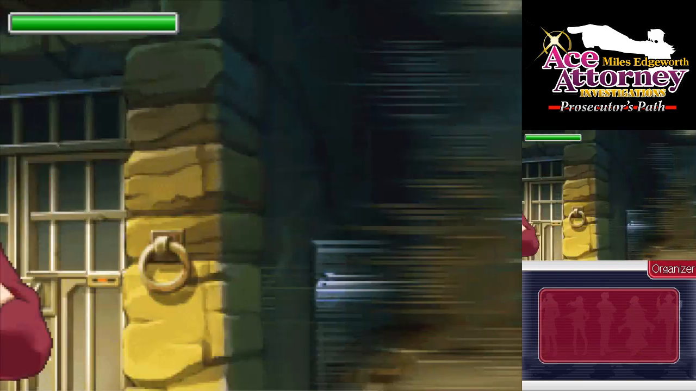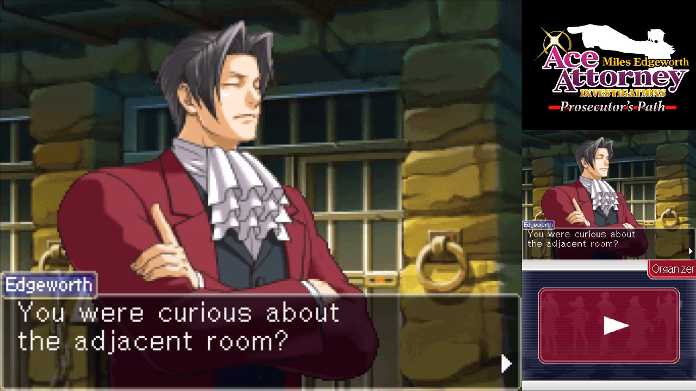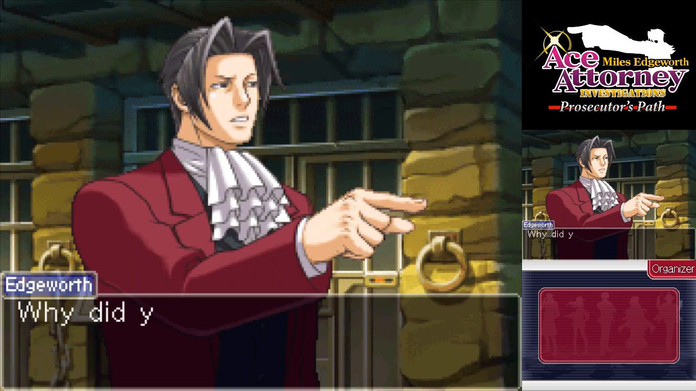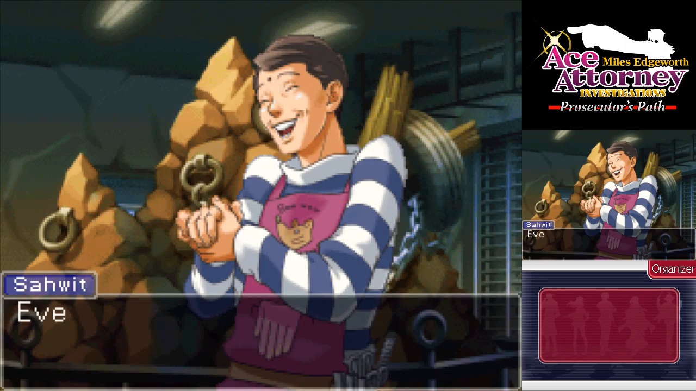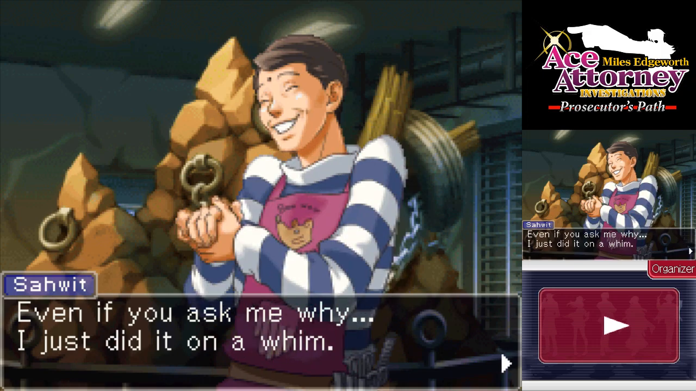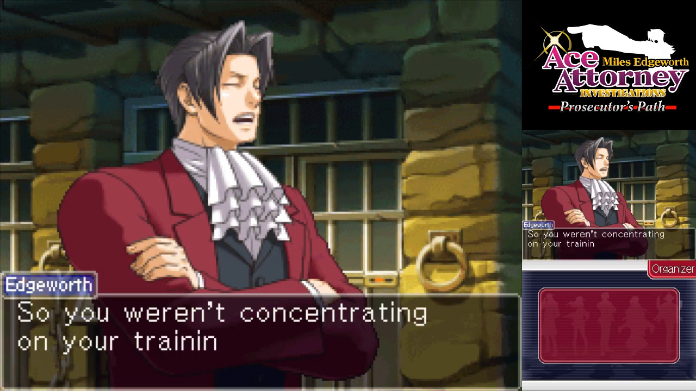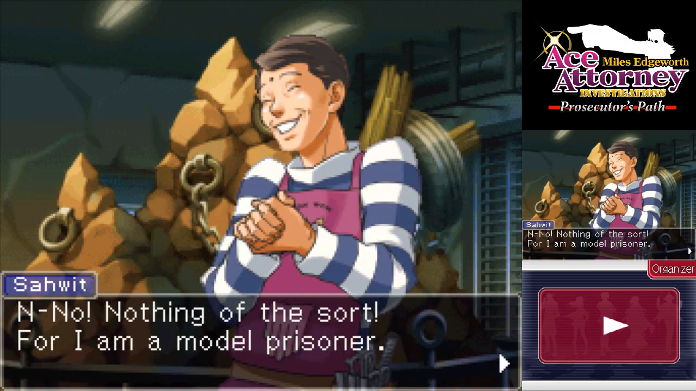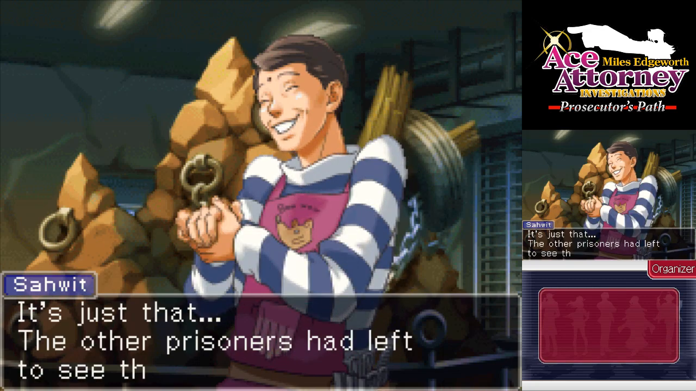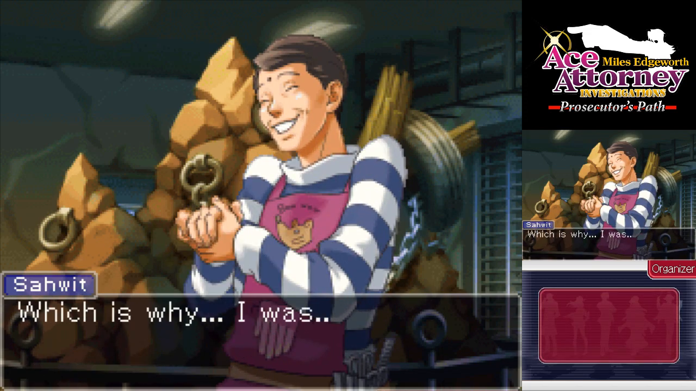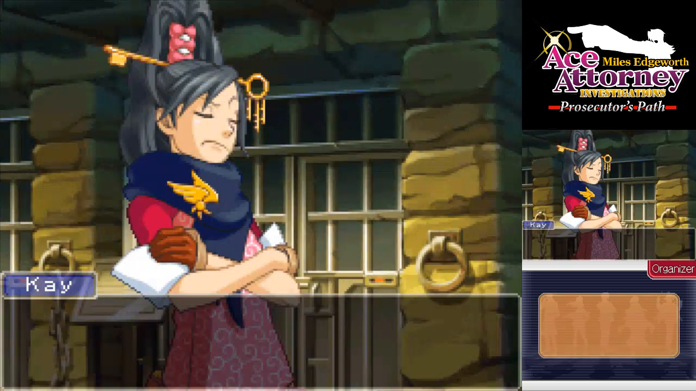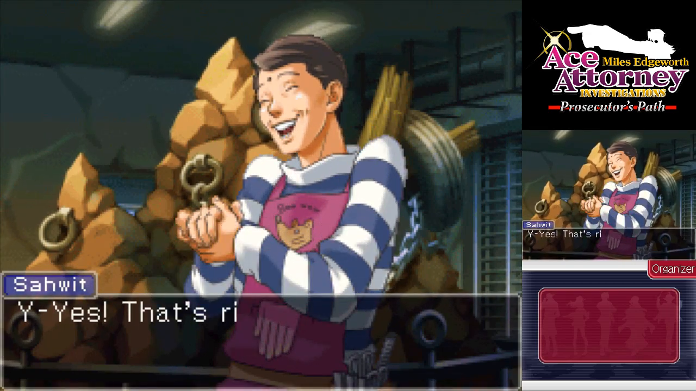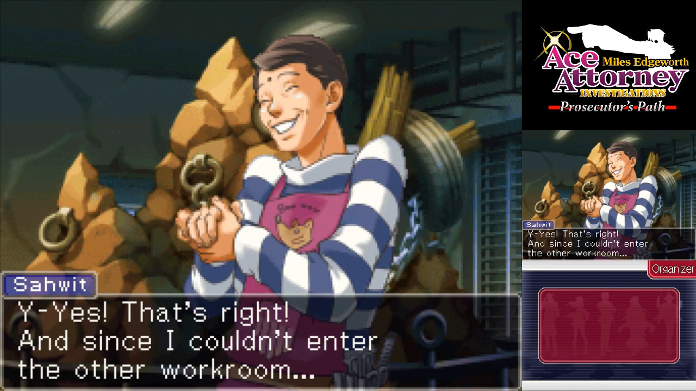Hold it! You were curious about the adjacent room? Precisely. I felt the need to look inside. Why did you feel that way? Even if you ask me why, I just did it on a whim. So you weren't concentrating on your training? No, nothing of the sort, for I am a model prisoner. It's just that the other prisoners had left to see the animal show, which is why I was feeling somewhat lonely. Yeah, that's like being stuck in a classroom after school's let out. Yes, that's right. And since I couldn't enter the other workroom...